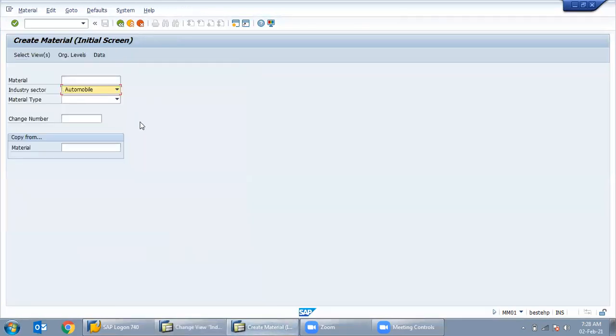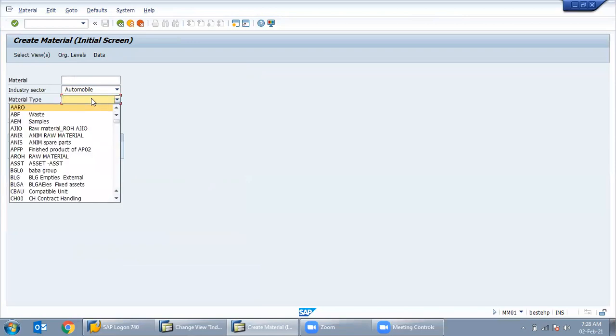See, when we go to the T code MM01 for creating the material, there are things like industry sector and material type. Now we are going to configure and create them.